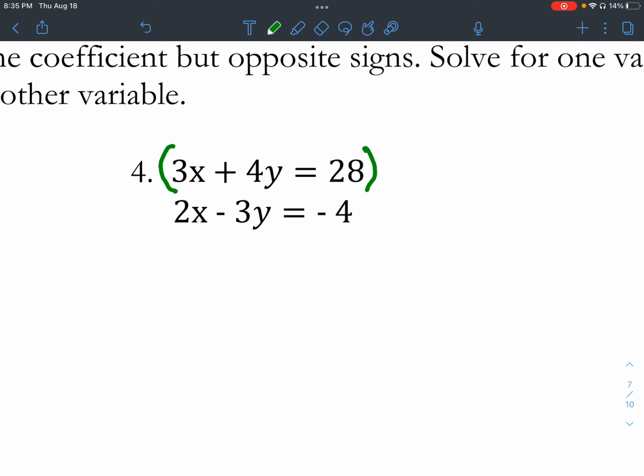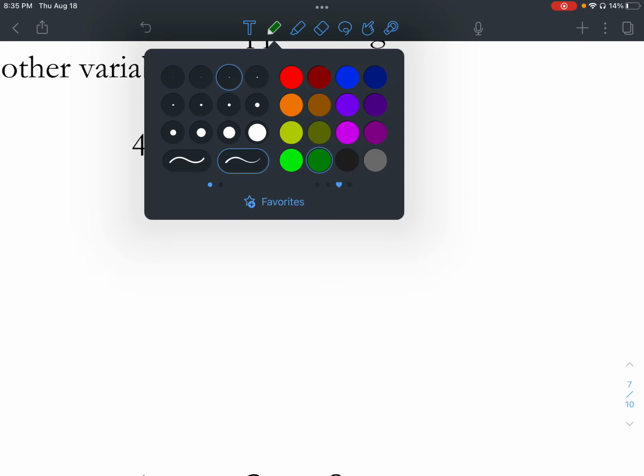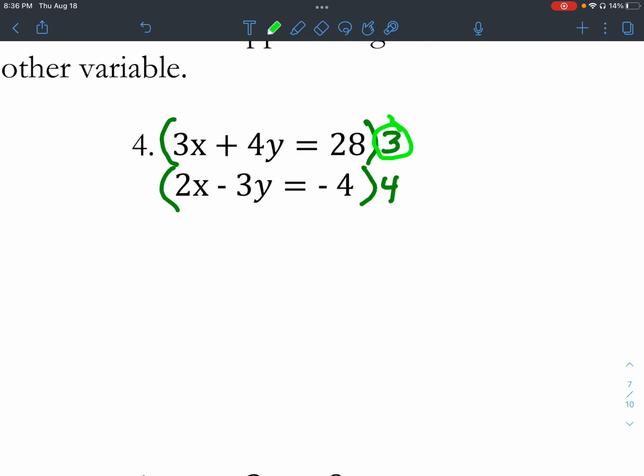When I look at these, I say, well, the least common factor between these, or that we have, is we could use the 12. We could take that top one, multiply it by 3. That would give me 12y right there. We could take the bottom one, multiply it by 4. That would give me negative 12y. And I would be able to add those together to reduce them. So let's see what happens. When I take the 3 and we distribute,